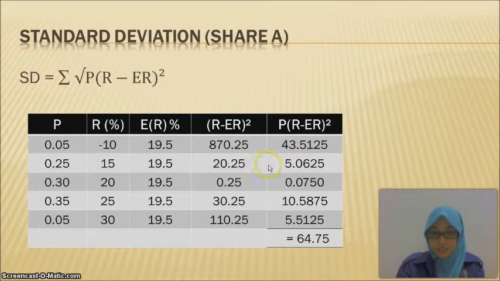then we get the answer 5.0625. Okay, for the third, fourth, and fifth probability, we use the same method. Then after we get all these answers, we total all the answers, then we get 64.75. Okay, this is how we calculate the variance of share A. Okay, for share B,